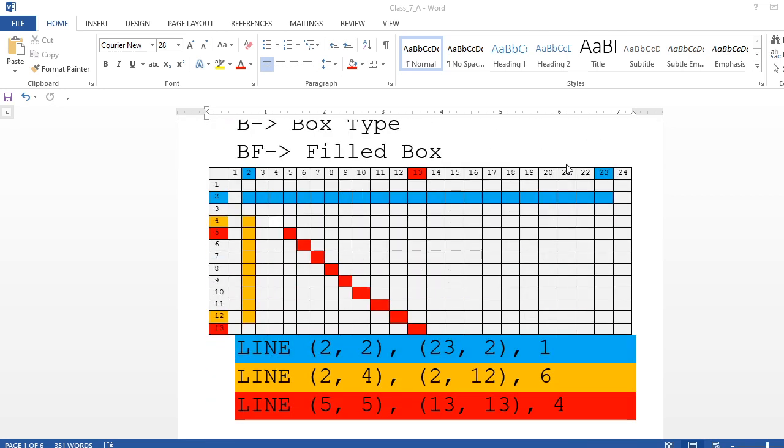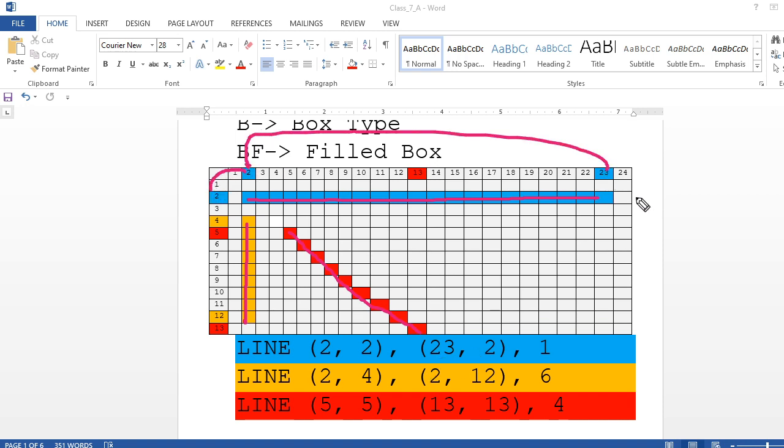Now next, come back here. Here I had drawn a matrix where the number of columns is till 24 and the rows are 1 to 13. In this one I had drawn three lines. First line is this one, second line is this one, and third line is this one. For the first line, the starting is 2 2 and it ends with 23 2.